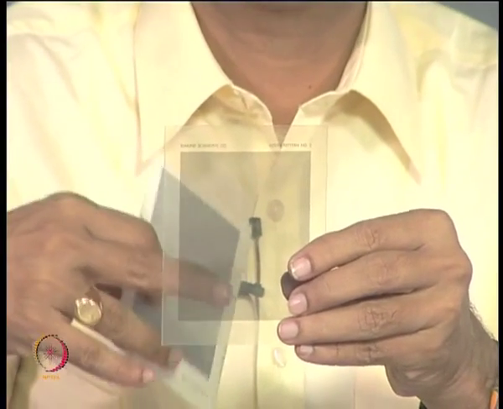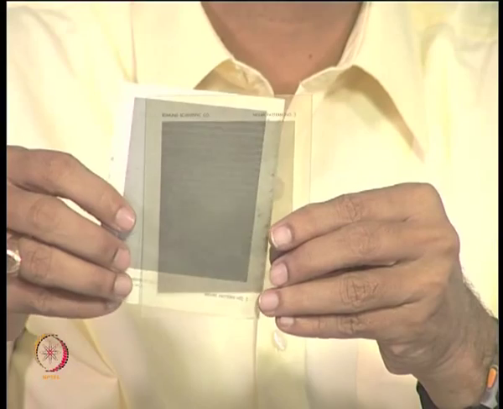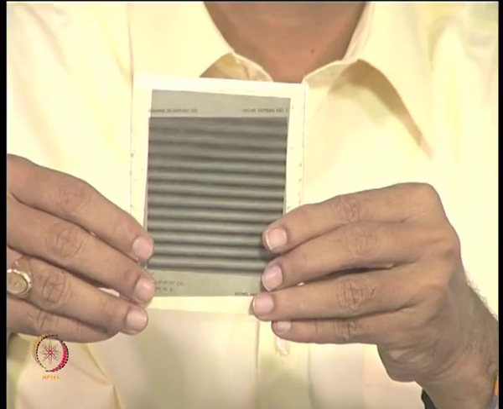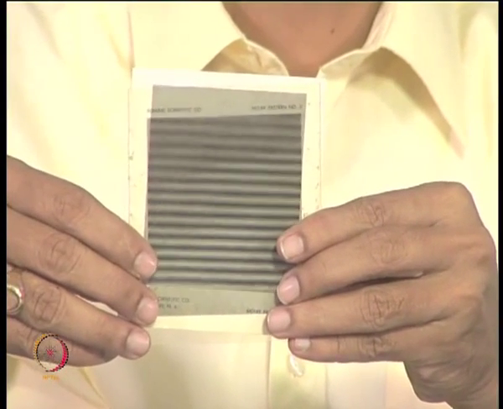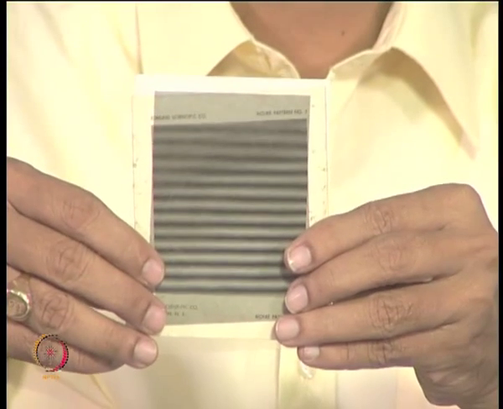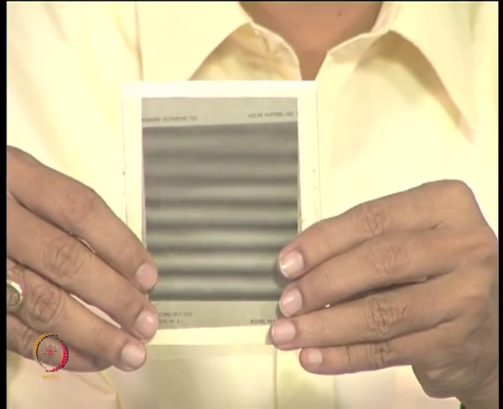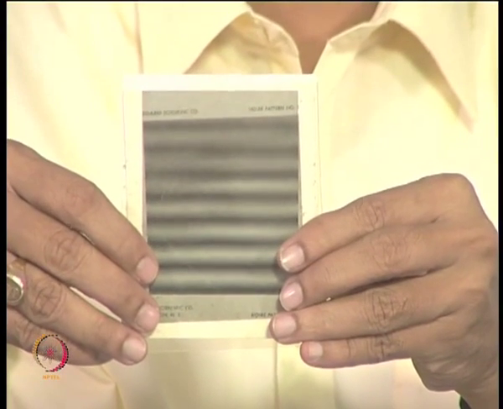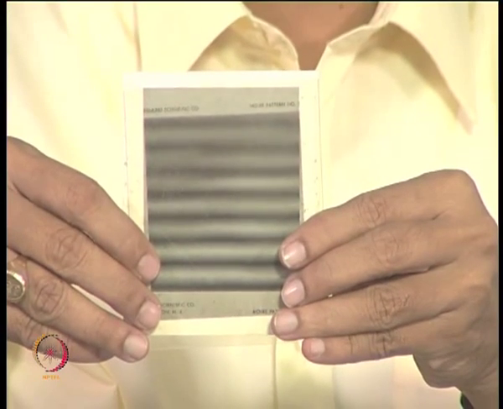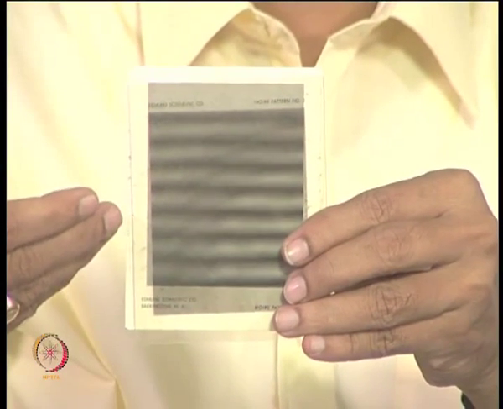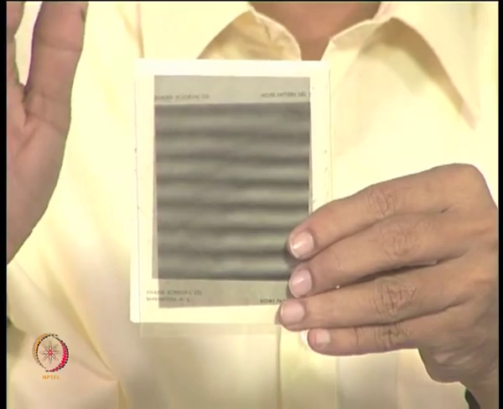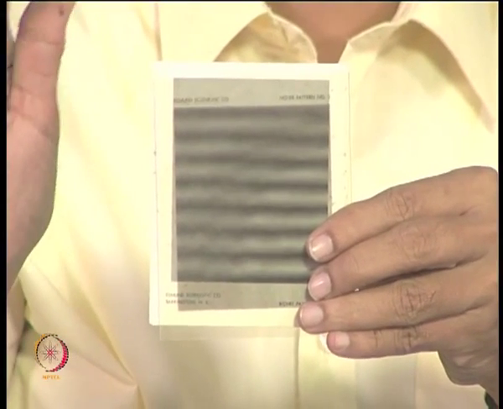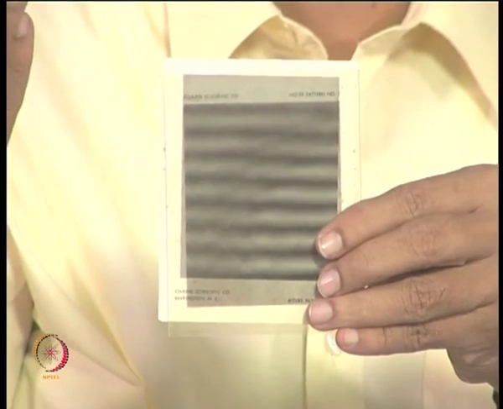You are not able to see the grid lines at all, and the fringes are a lot smoother. The fringes are a lot smoother if I have these grids finer and finer. And here I am not making any stress analysis, I am only showing you mechanical interference of two grid patterns, and the grid patterns can be anything.